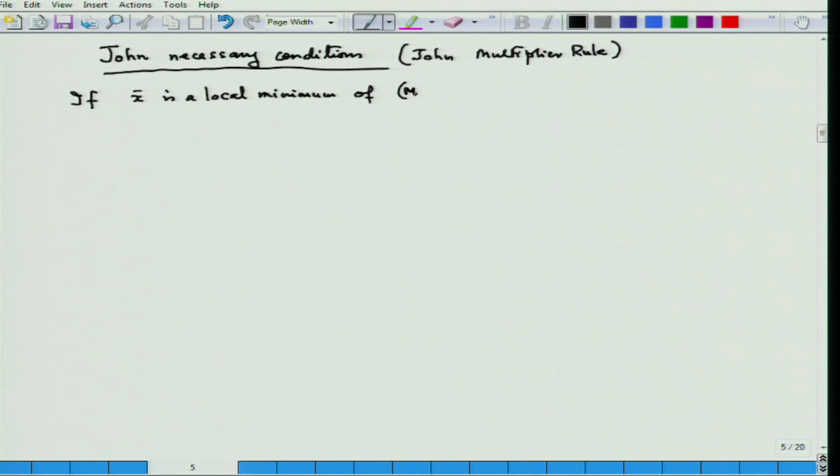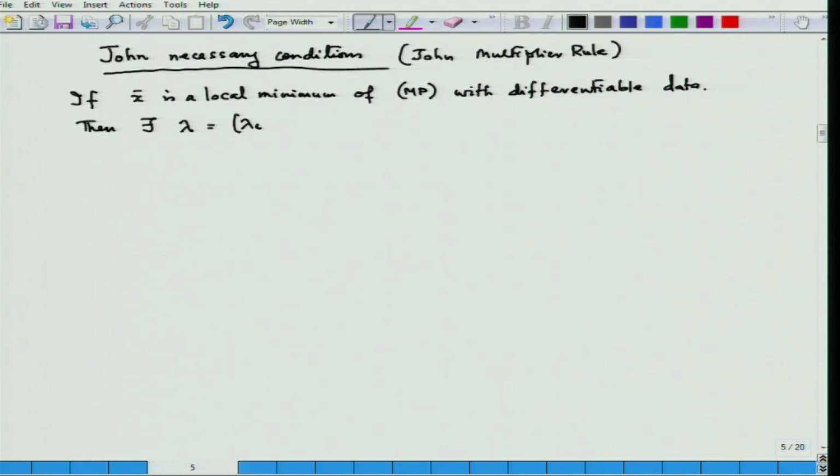MP. Now, in this course we will consider all our functions to be differentiable at the least. Could be continuously differentiable, could be twice continuously differentiable, but at the least differentiable. So, it is an inequality constrained program. Then there exists